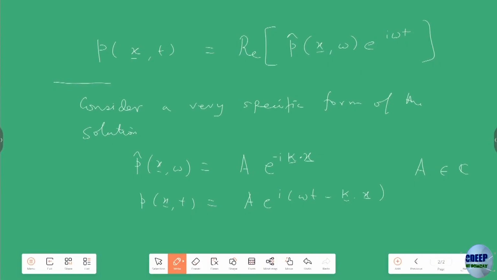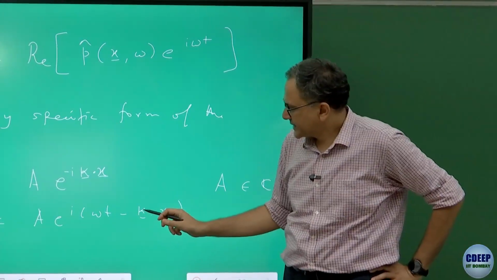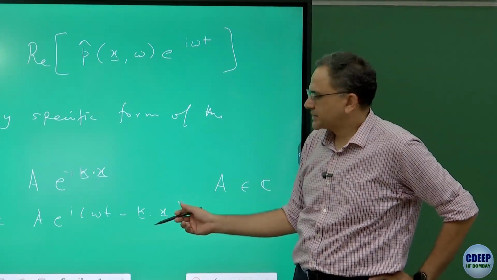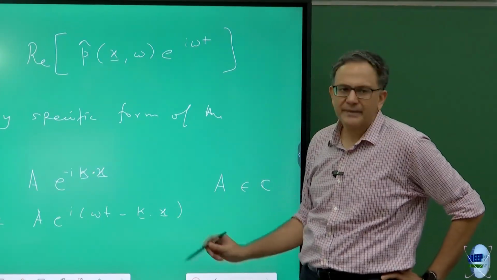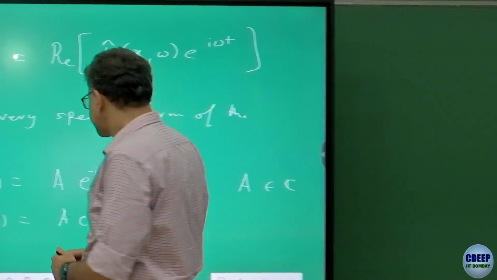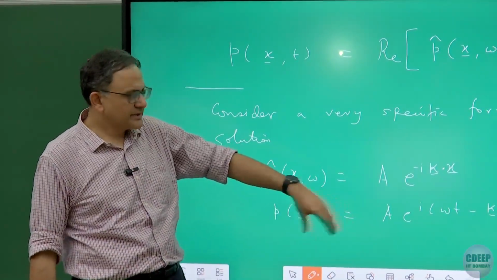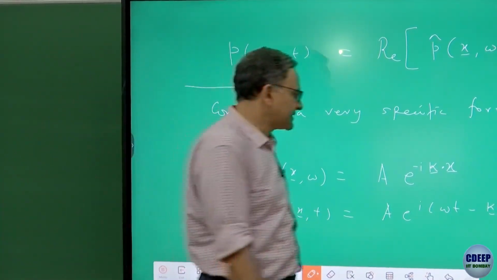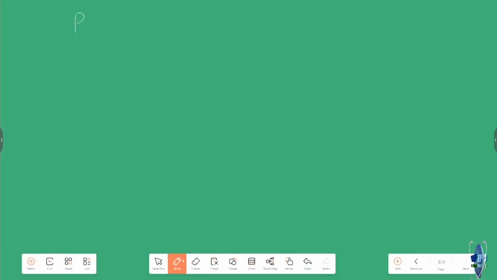So you will recognize this form, of course, from your previous analysis of a plane wave. Remember, we looked at the harmonic solution of a plane wave. There we had kappa x. Now because we are doing this in 3D, we have to be a bit more general, but not too much, and we consider kappa dot x, where kappa and x are now vectors. So we will now show that this is a plane wave. Maybe it is completely clear to you, but let's make sure that we all agree that this is a plane wave